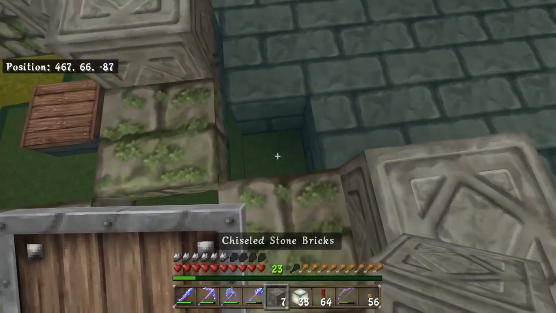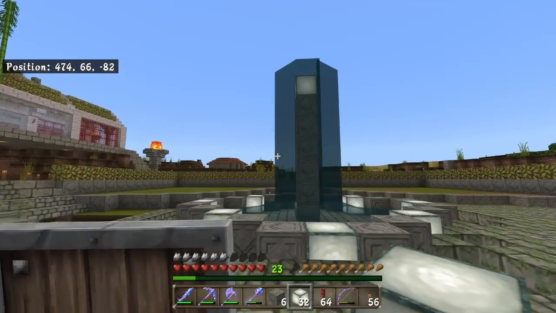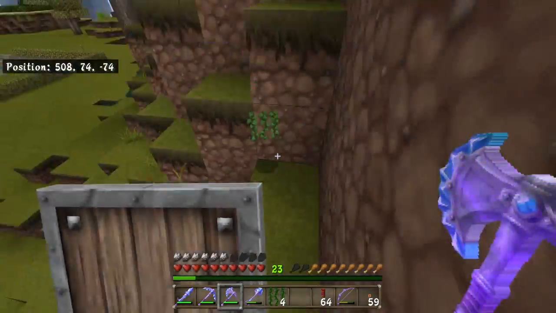Okay, light sources are helping. They make it look a little bit better. That should be the last one there. Yeah, that looks much better. Gonna run out of sea lanterns though. Need to get that guardian farm done. And while I just run this time lapse of me filling in the rest of those holes and building some